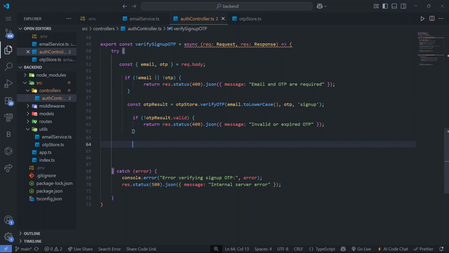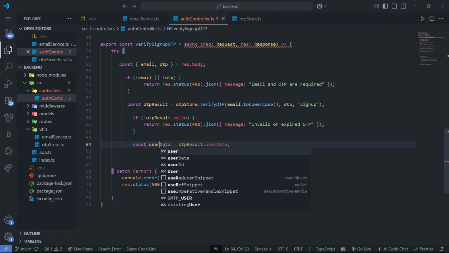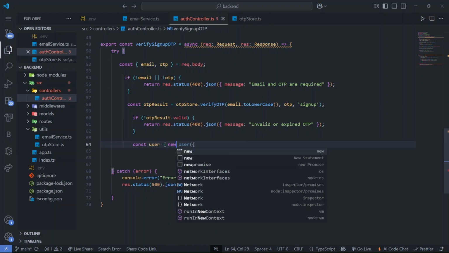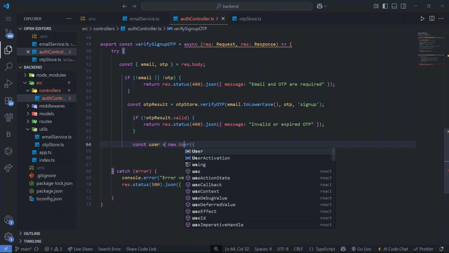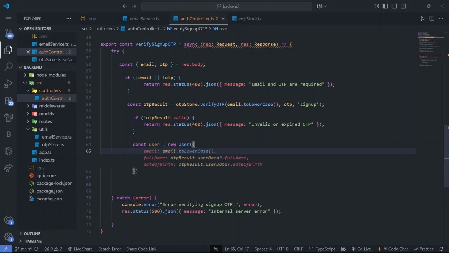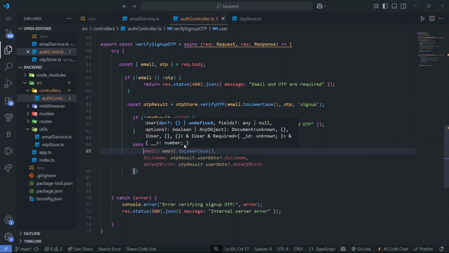Now if the OTP has been verified, what do we want to do? We want to create the user, right? So user equals new User. I want to create a new user model, and in the model I want to create a new user with the full name